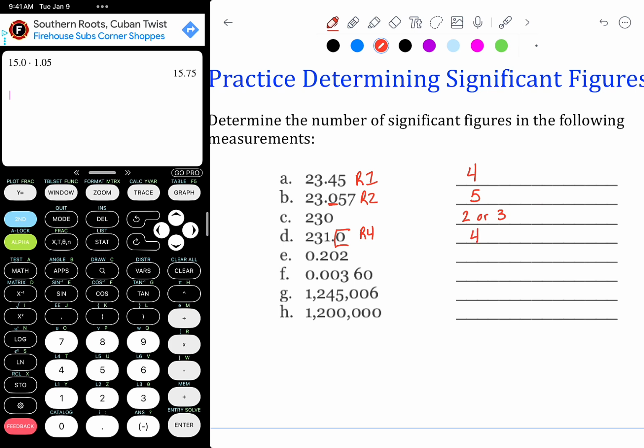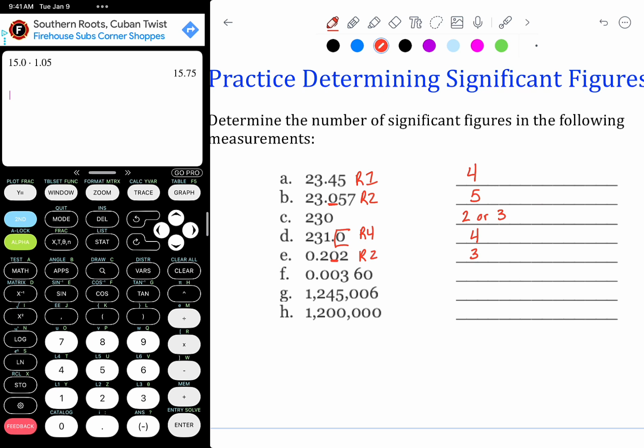Our next number has a 0 sandwiched in between 2 non-zero digits, meaning it is significant. So we have 3 significant figures. That is Rule 2. Next up, we have